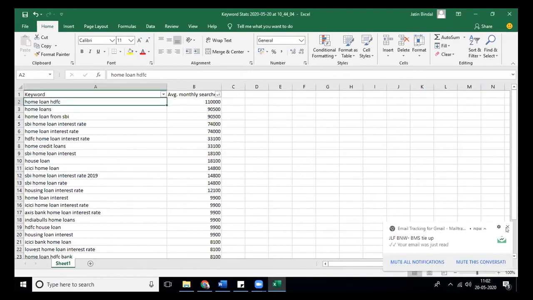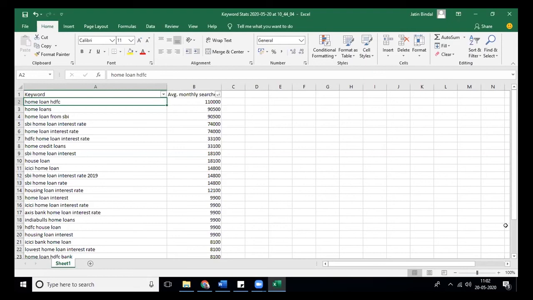Now we consider home loan HDFC as a specific product. I'm considering it as a very specific product. So you have a dedicated page already. So the chances of that page ranking will be higher in comparison to a common page which is just talking about home loan. So try to avoid brand names over here.